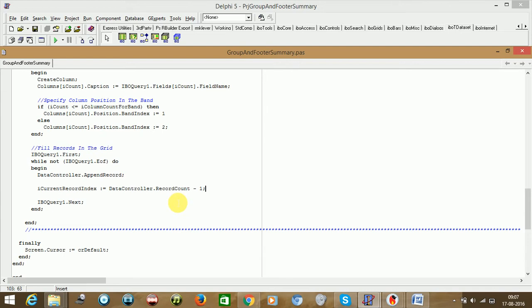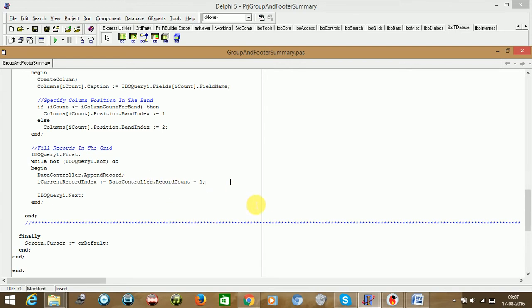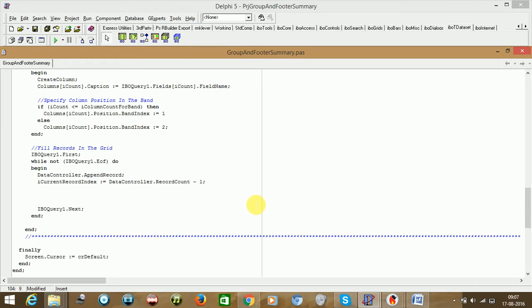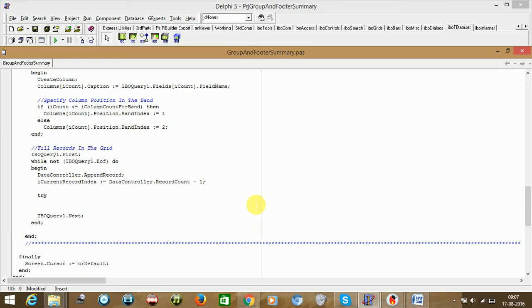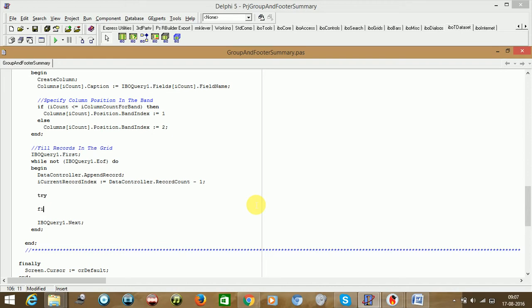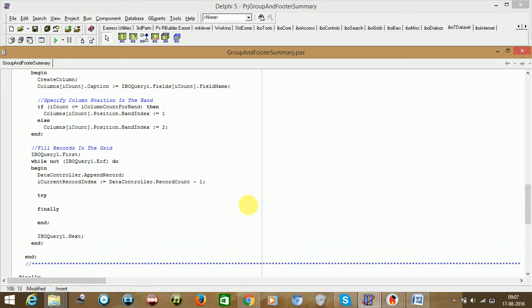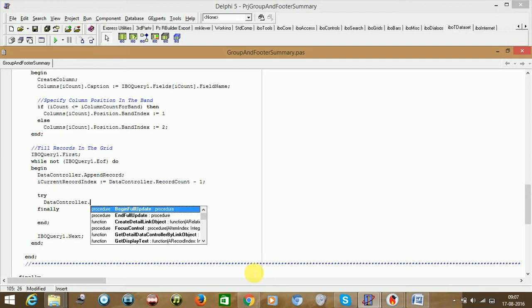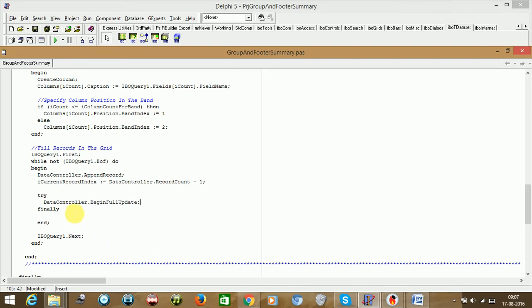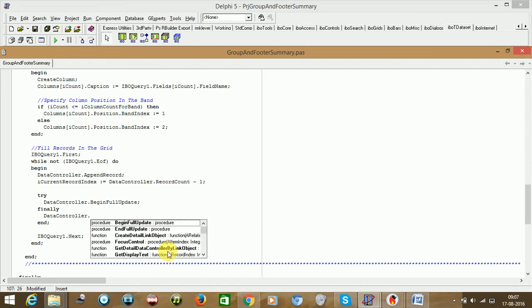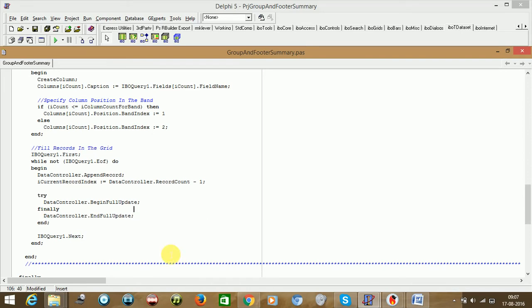Now we need to fill the data inside the grid. To make inserting data in the grid fast, we need to write some special code. Try finally end. I will be letting you know why. So just copy this data controller, say begin full update, and then finally end full update.